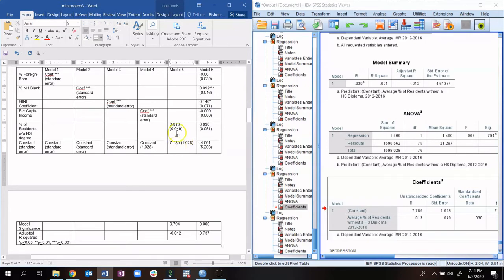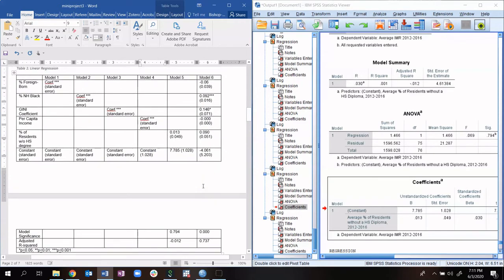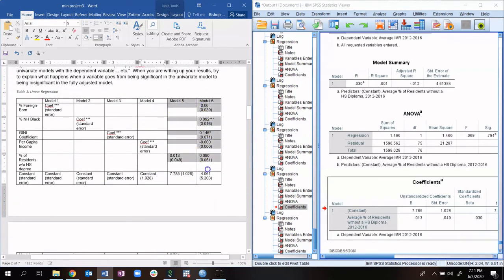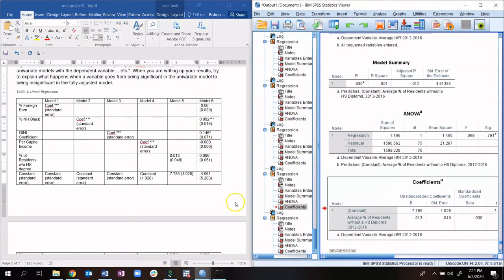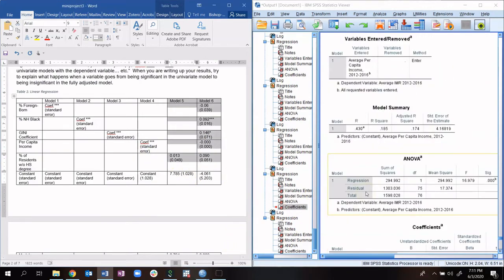Oh, I just put this last one in the wrong place. It's fine. I can fix it. All right. So that's how you do that. So this is models 5 and 6 done. No stars for the coefficient. And then we just keep it moving. Go back to per capita income and do the same. Okay. Now, I have included in the course module a couple of PDFs that talk about how to interpret these coefficients. And so I definitely, if you're